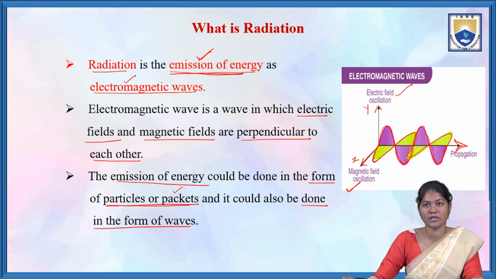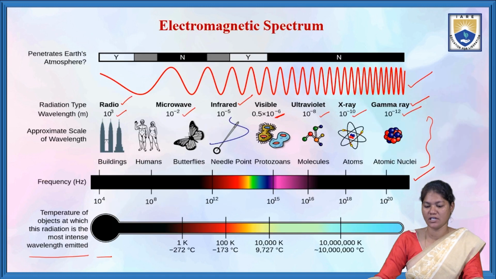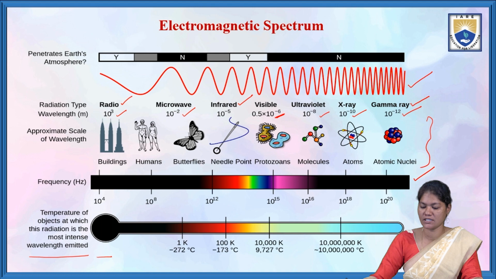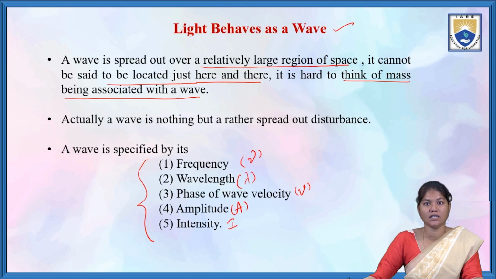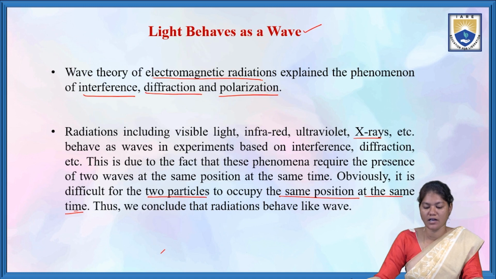That emission could be in the form of packets or in the form of waves. And we went through the electromagnetic spectrum, the range of their wavelengths and frequencies, and where they exist in the Earth's atmosphere. And we saw that light behaves as a wave. So what is a wave, and what are the specifications of a wave,